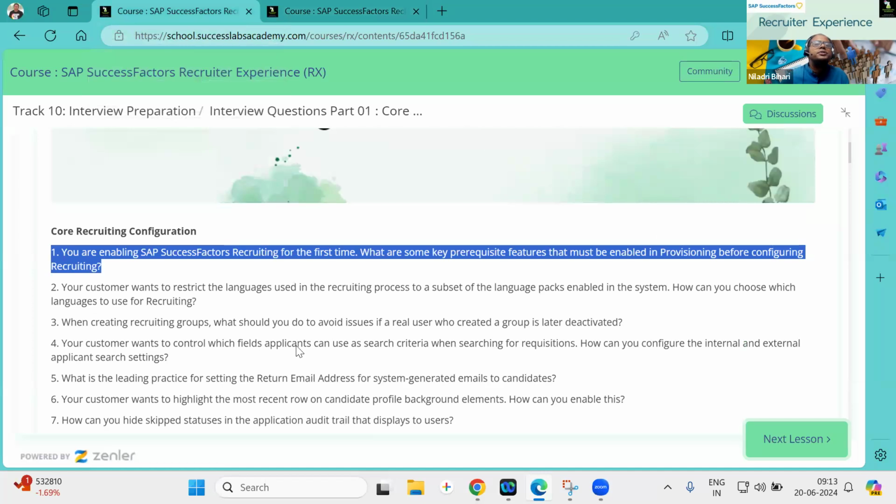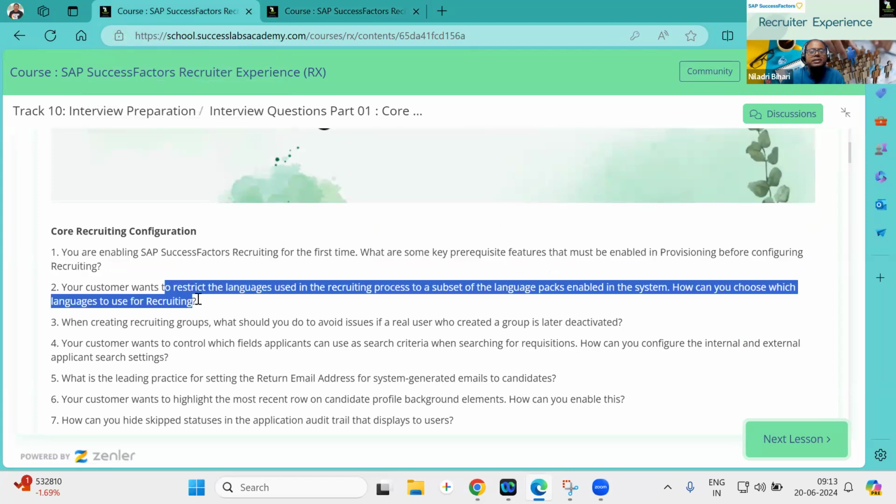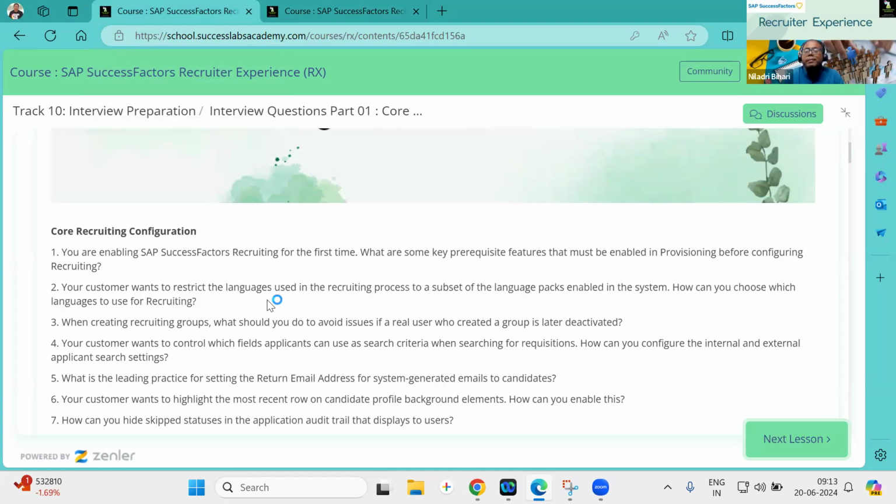Now moving on to the next question. Next question is the scenario: your customer wants to restrict the languages used in the recruiting process to a subset of language packs enabled in the system. How can you choose which language to use in the recruiting? This is a very common question if you are working for multiple countries. Okay, your client is having presence in multiple countries when it comes to the